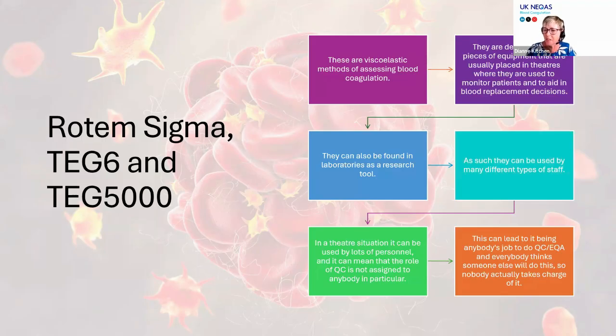They're desktop. They're usually placed in theatres, and they help monitor patients so that we can provide the right blood replacement therapy. They can also be found in laboratories as a research tool, and as such they're used by lots of different members of staff, lots of different shift changes. In a theatre